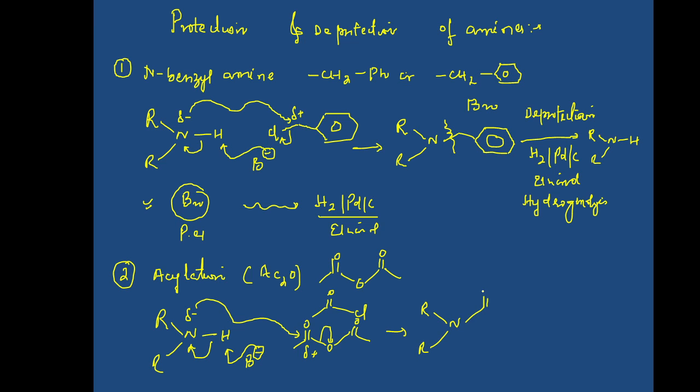So this is acylation. It will basically attack the C double bond O, which is attached to this methyl group. Now once you want to deprotect this: when you protect it by acetylation, that's by using Ac2O or acetyl chloride, then deprotection is brought about by H plus and what? Now see, deprotection involves cleavage of this bond, and we get back the amine. So this is how deprotection is brought about.